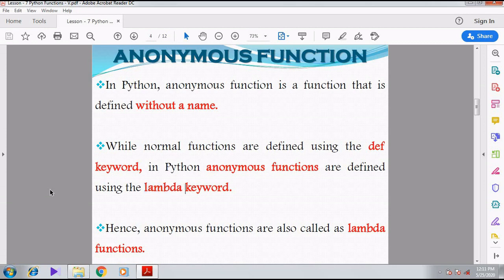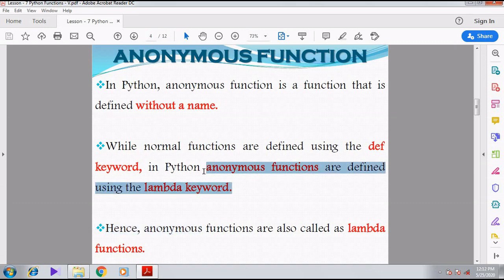So again I go with the definition. Anonymous function is a function that is defined without a name. Whenever we go with an ordinary function, the ordinary function contains the def keyword. But when you go with the anonymous function, it is defined with the keyword called lambda.